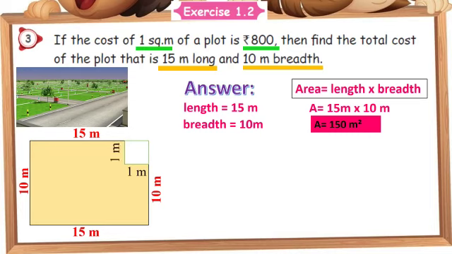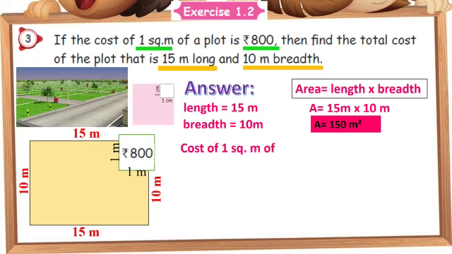Yes. The measurement of this square shape is 1 meter only. So this area rate is rupees 800. That means we need to find the remaining portion also. That is our task, right? We have already done this in the try this sum, isn't it? The same, but here we need to find out that area also. Let us start to do.